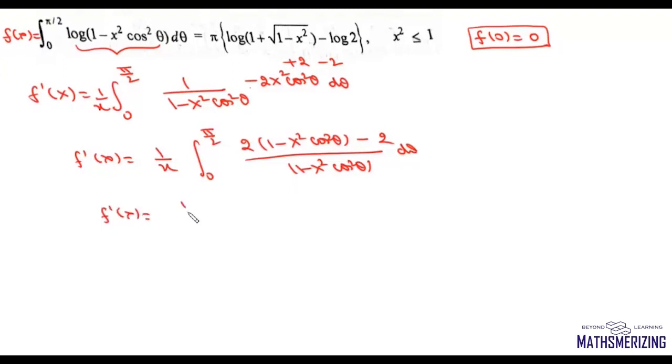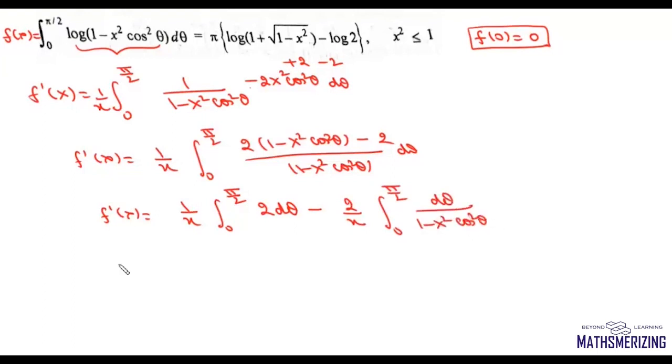So we'll write f dash x equals 1 by x integral from 0 to pi by 2, 2 d theta, and then minus 2 by x integral from 0 to pi by 2 d theta upon 1 minus x square cos square theta. So we can write this f dash x as 2 by x, and then the value of this integral will be pi by 2,